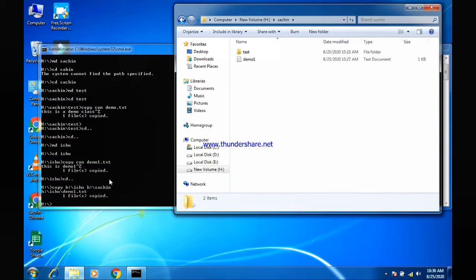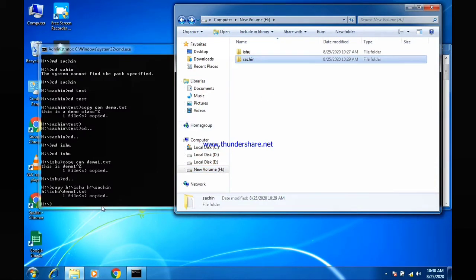Again, if you want this folder and this file both to be copied inside issue. Okay, now inside Sachin, what are the things available? I want that to go inside issue. What is the command for that?